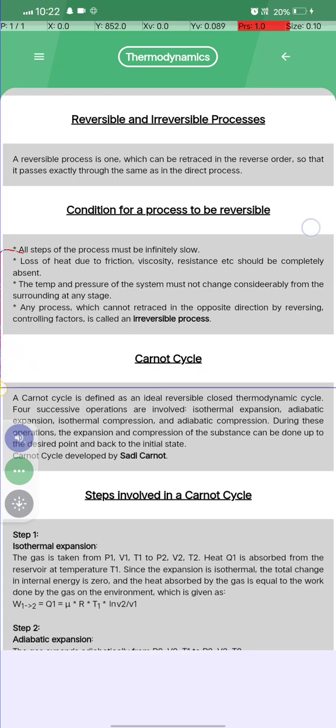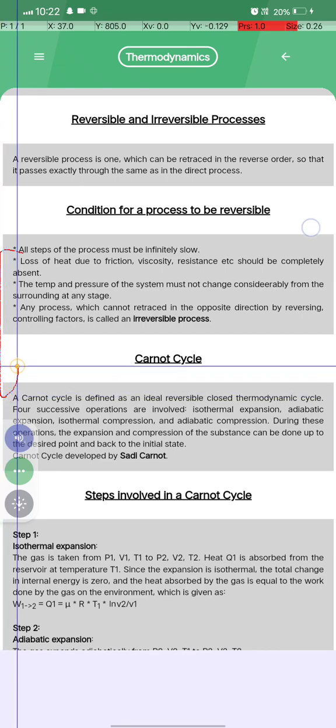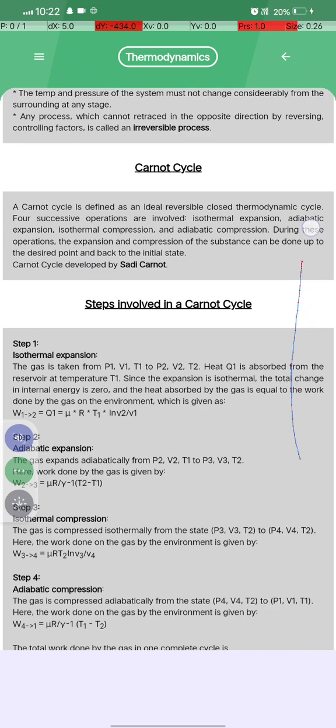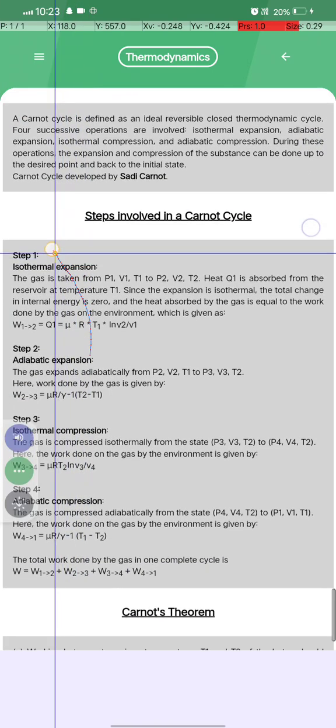Carnot cycle क्या होता है? The Carnot cycle is defined as an ideal reversible thermodynamic cycle. Four successive operations are involved: isothermal expansion, adiabatic expansion, isothermal compression and adiabatic compression. During these operations, the expansion and the compression of the substance can be done up to the desired point and back to the initial state. The Carnot cycle was developed by Sadi Carnot. Steps involved in the Carnot cycle: